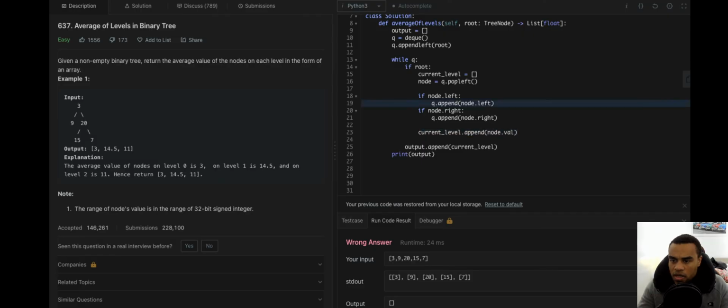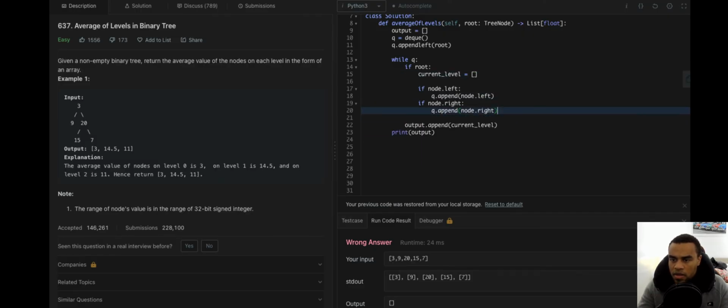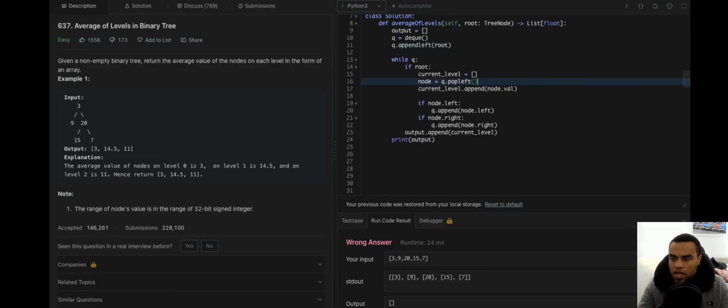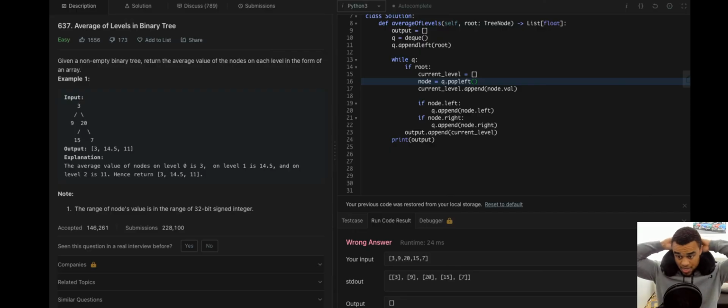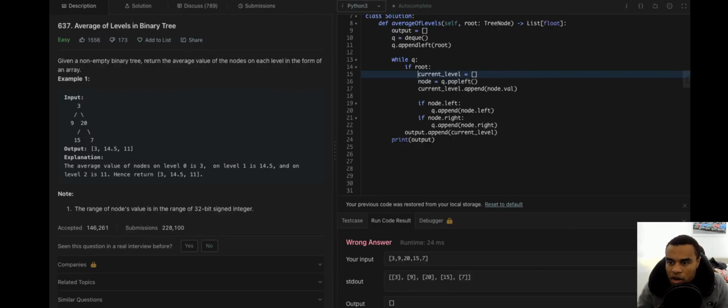Hang on, I think we're close to the answer. It is level traversing. It's just not what I expect as a list of lists, and technically that is a list of lists, but I mean like a level list by list. You know what I mean? So this is the current level. We have our node equals q.popleft. So if this is the node being popped out, the current node, we're saying if node.left, q.append node.left. If node.right, q.append node.right.